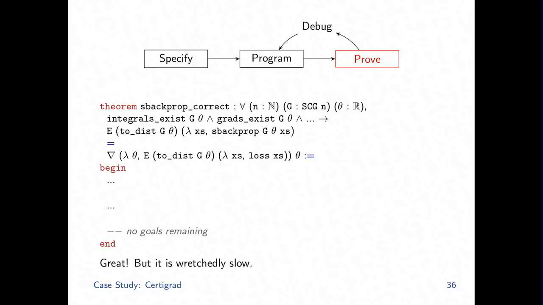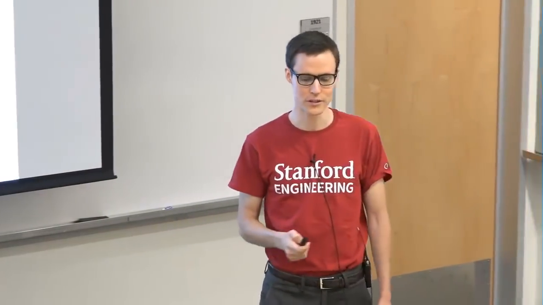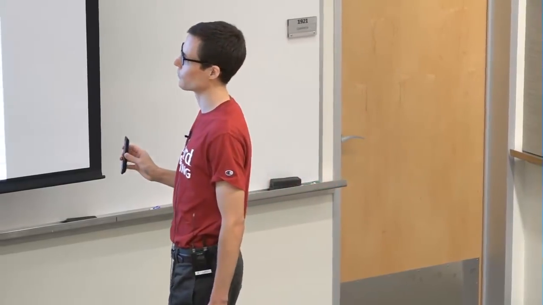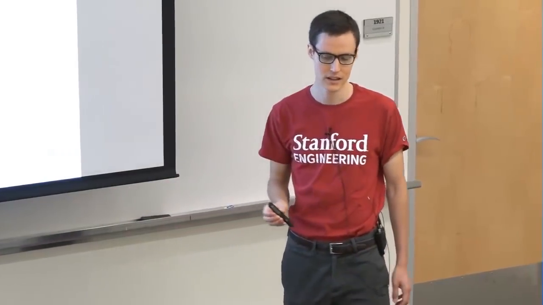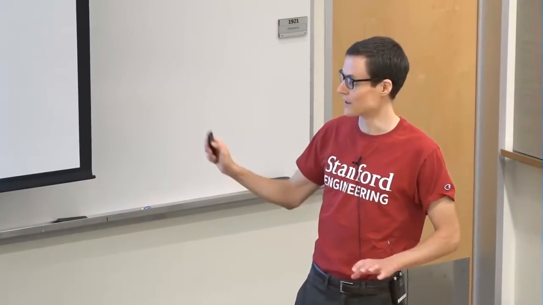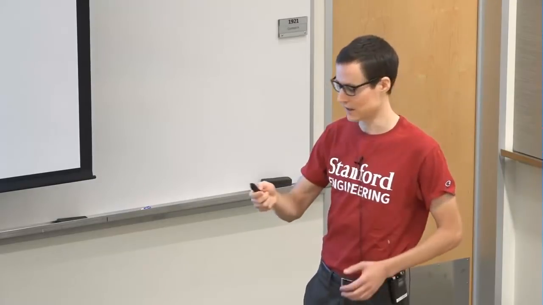Now, this is great, but the program is wretchedly slow. As a general rule, the programs you synthesize this way by proof-driven development will always be the most naive, most ridiculously slow and stupid programs imaginable. But for those of you who know backpropagation, the key insight to make it efficient is that you need to use dynamic programming. So all we're going to do is memoize this version that we don't need to understand, but we know roughly what the algorithm we're trying to build looks like.